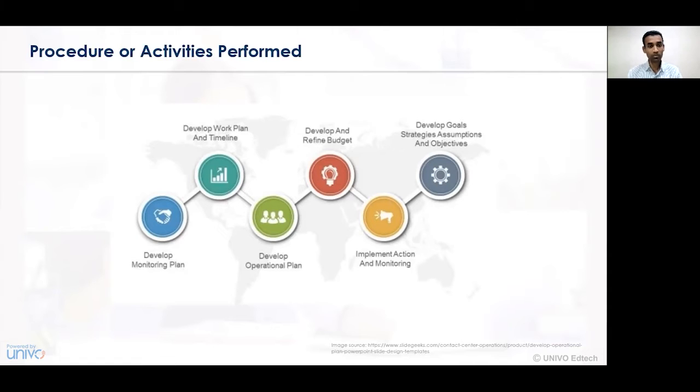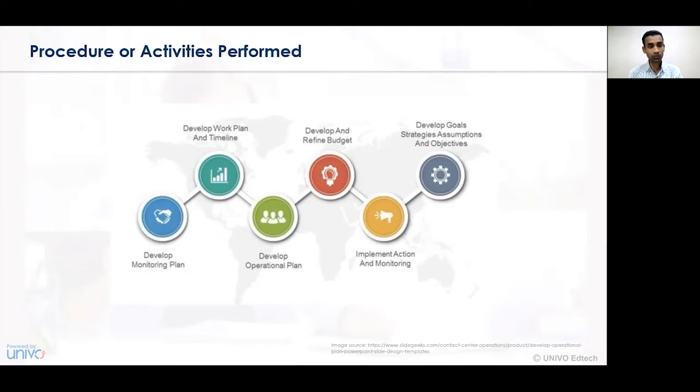So when you have monitored a plan, when you have developed the timeline and a work plan has been prepared for you, then you start to develop an operational plan for your goods or for your services in the business. So in this case, what do we do? We prepare the operational plan, and then we see which activity, which step, has to be fitted into those particular perspectives. So there comes the third important step of developing an operational plan.